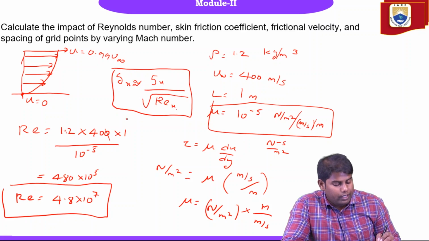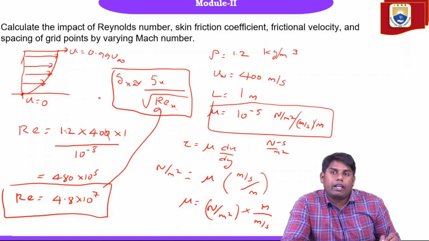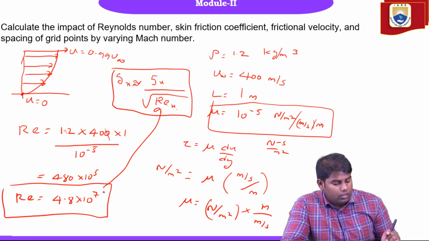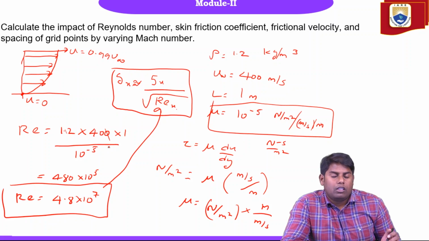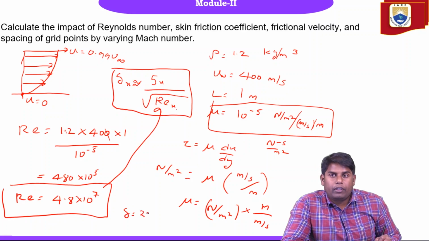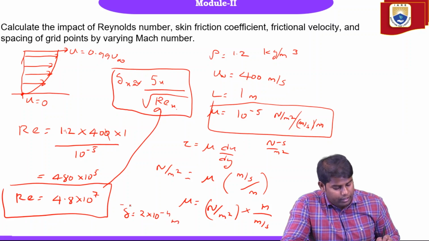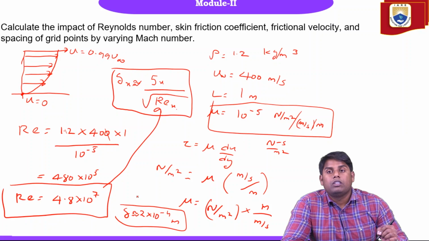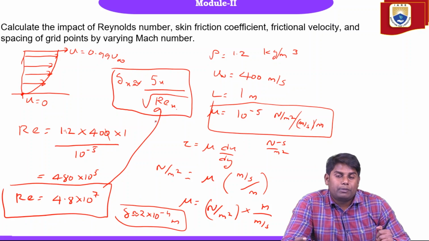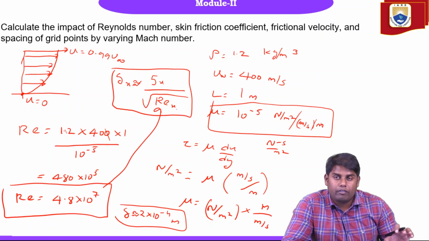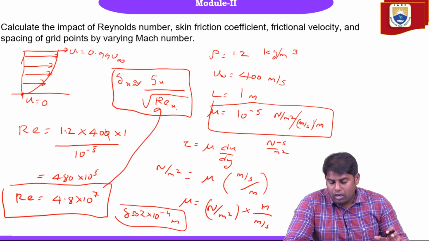When we substitute this Reynolds number here, we will get the thickness of the boundary layer. Approximately, let's say it has come to something like 2 into 10 power minus 4, or let's say minus 3 meter. I'm giving an approximation, so then the thickness or the spacing between two grid points should be less than this. So this is one rough way of calculating the thickness. Now the other way is,